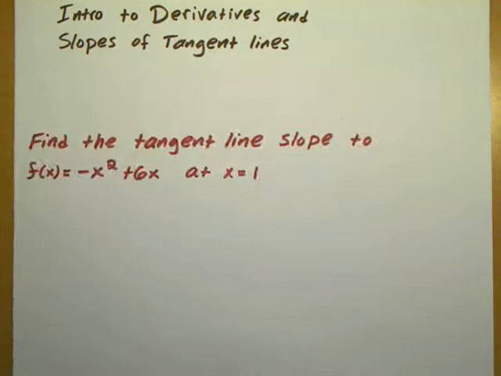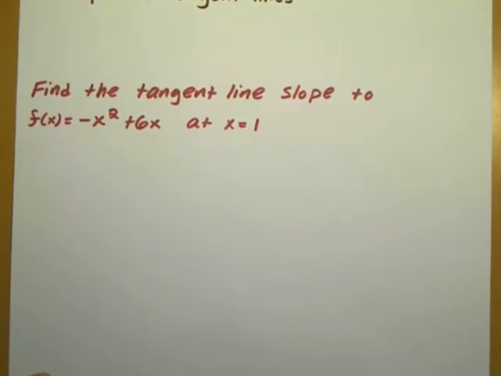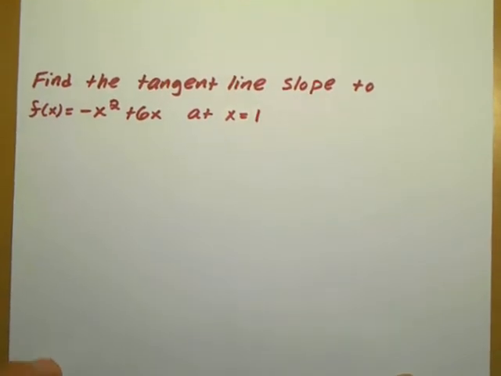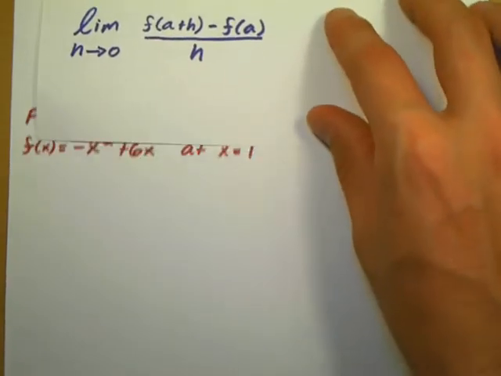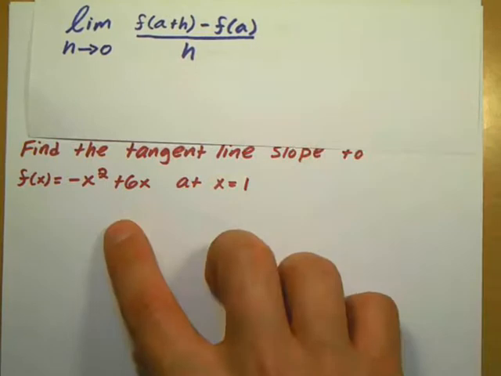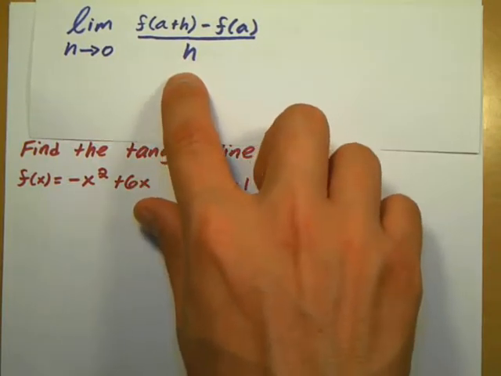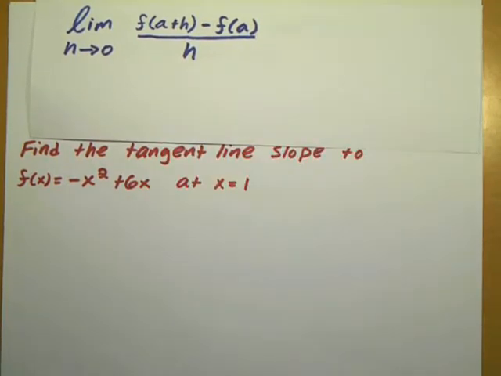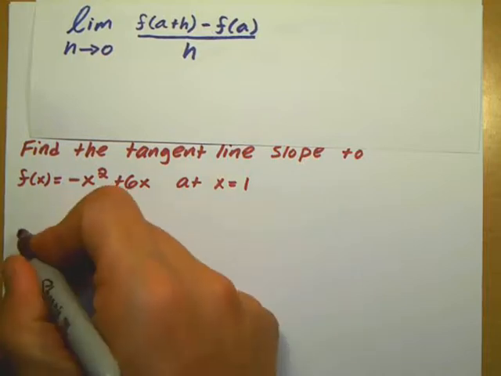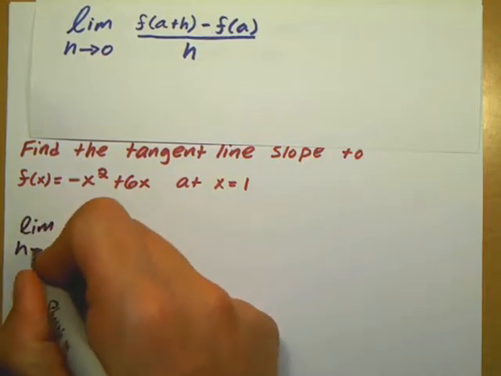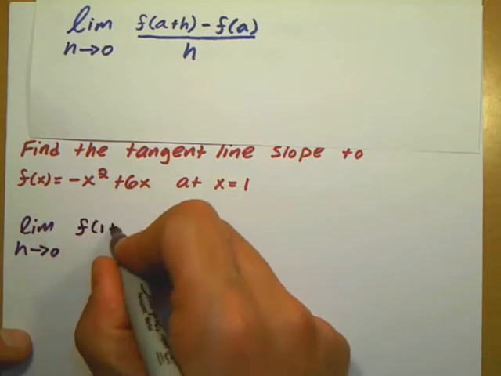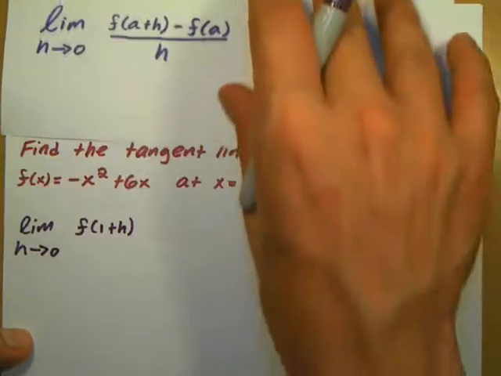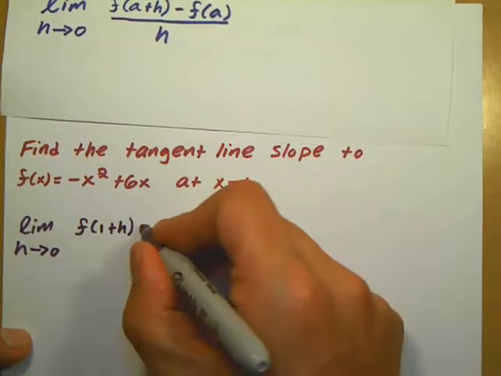And here is an example. We're going to find the tangent line slope to this function at x is equal to 1. So sticking with my definition here, I want to basically find the limit of this function using this formula. Setting this up, it's going to be the limit as h approaches 0 of f of 1 plus h, again replacing a with x is equal to 1, minus f of 1,